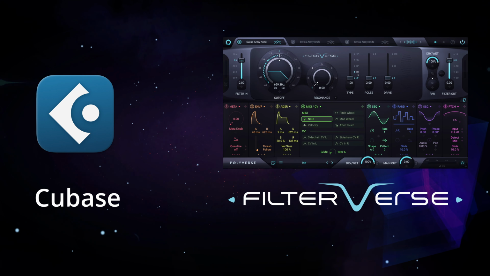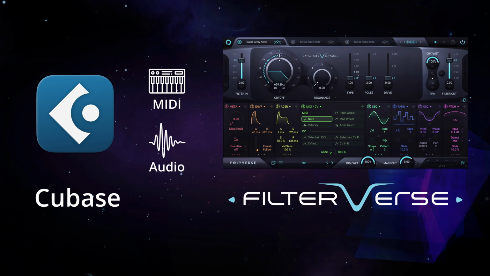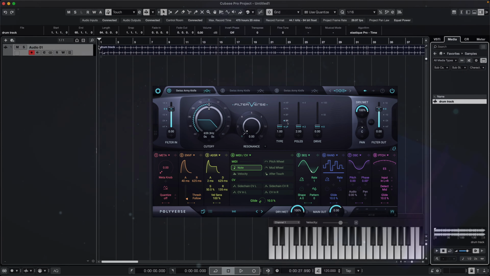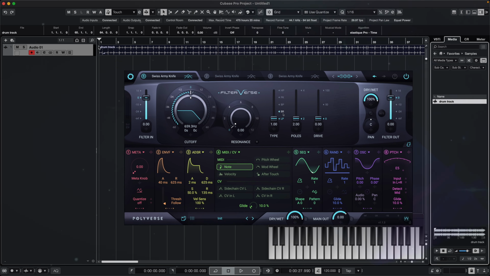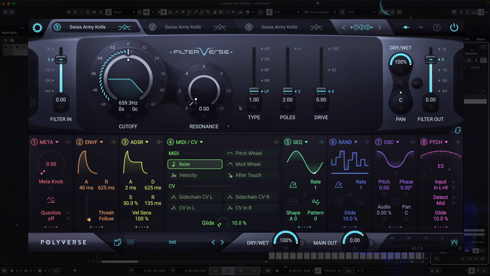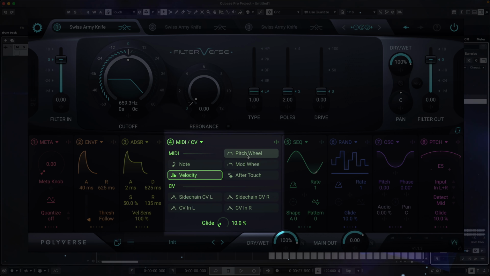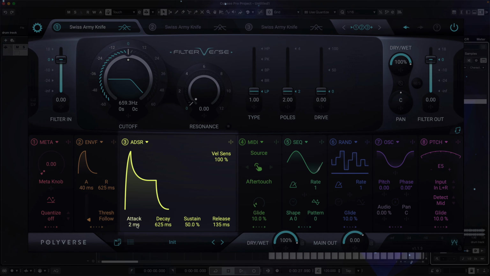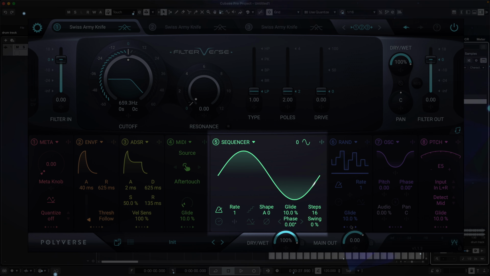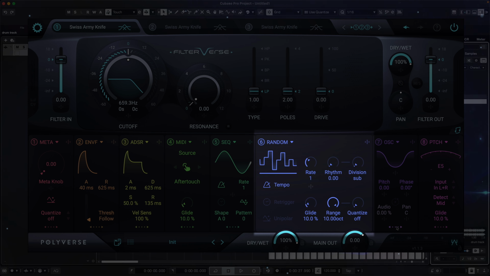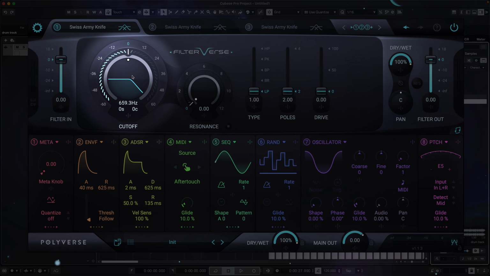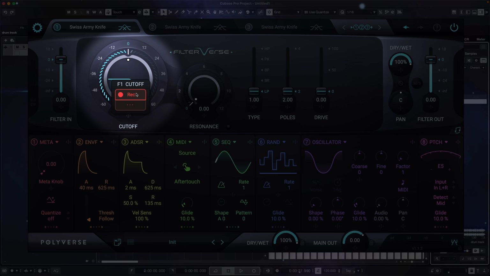In this video, you'll learn how to route both MIDI and audio into Filterverse using Cubase. Filterverse can receive both audio and MIDI at the same time, unlocking powerful features such as MIDI note and velocity modulation, retriggering the ADSR, LFO, and random generator, tuning the internal oscillator, and even sample-accurate MIDI CC automation for all